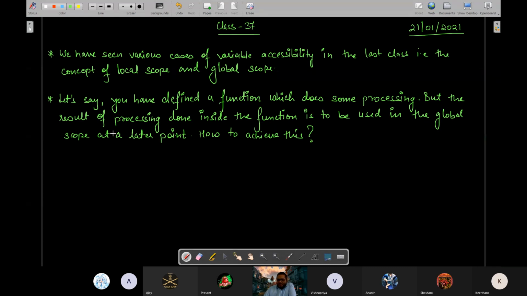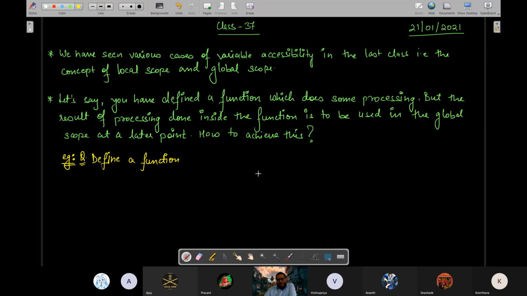So how to achieve this? Yes, Prashant is correct. For example, let's say I tell you, define a function, because ordinarily when you do something and find some result inside the function and store it in a variable, that cannot be used in the global scope after the function call is over.